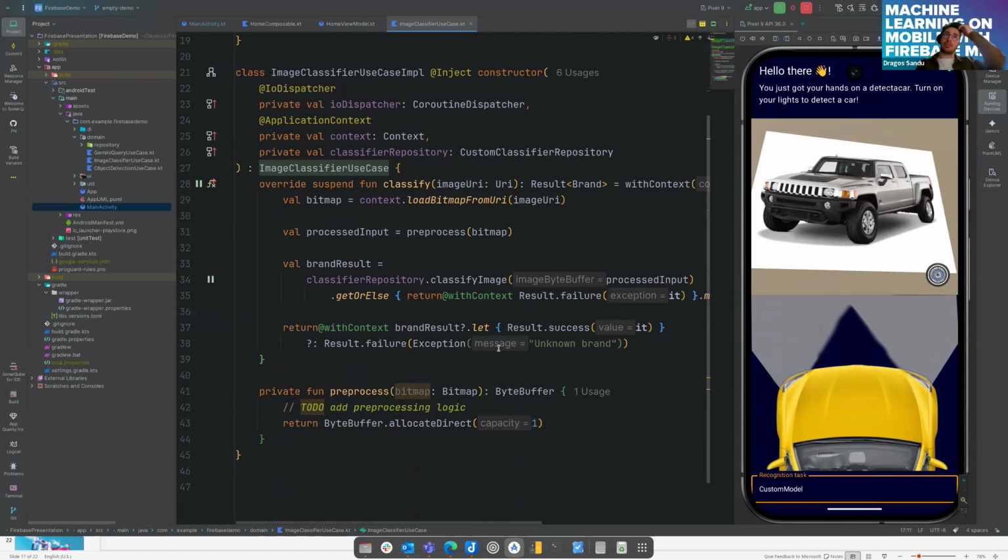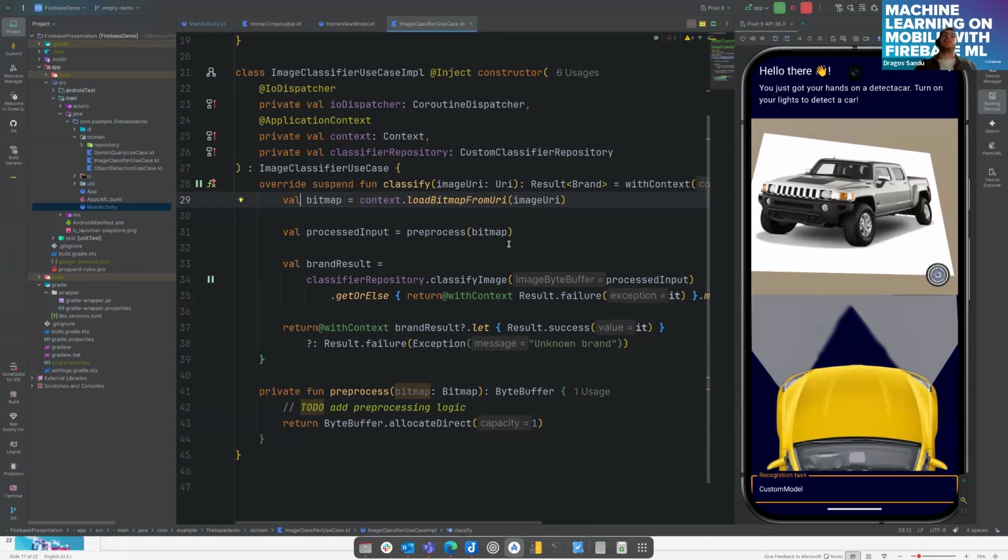Now, in short, what we will be doing here: we will use the camera in Compose to get the image. I will store the image in the device memory and get the URI to it. I will load this bitmap from the URI and have it as a bitmap object to process. Before feeding this bitmap to the